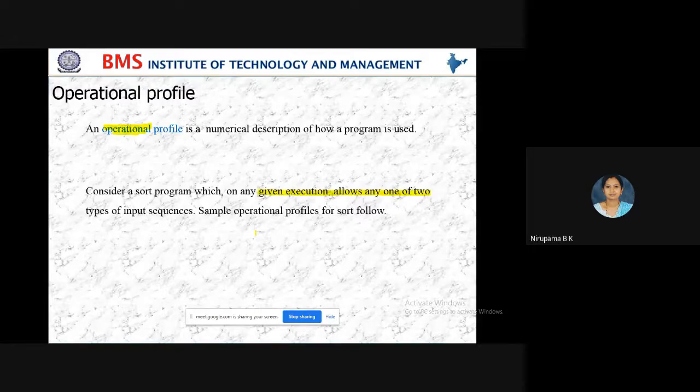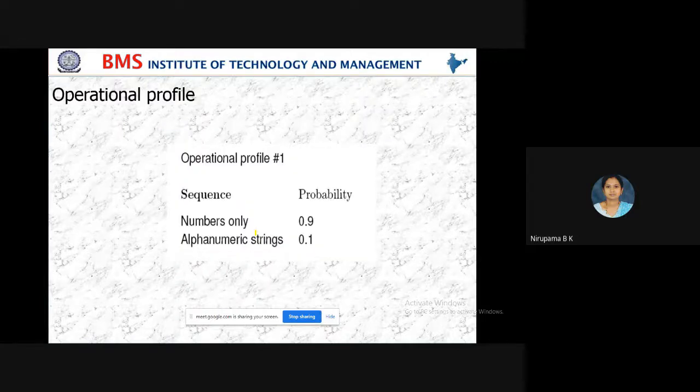If I don't know the logic, whatever output the program is displaying, I would say it is correct only, because I don't know the logic. I don't know how the program is going to work, I don't know how the program is executing. So this mathematical operation is very important to write any program or to write any test case.